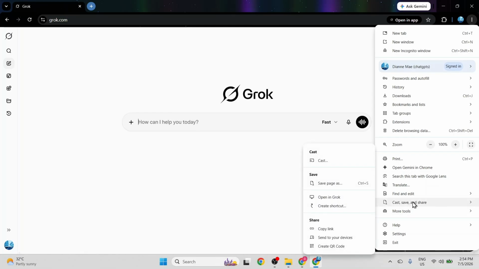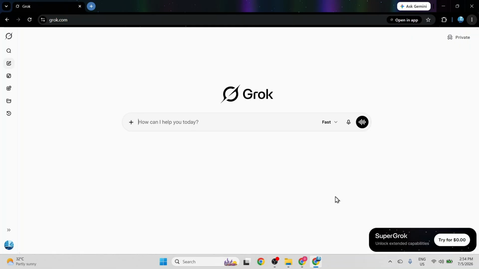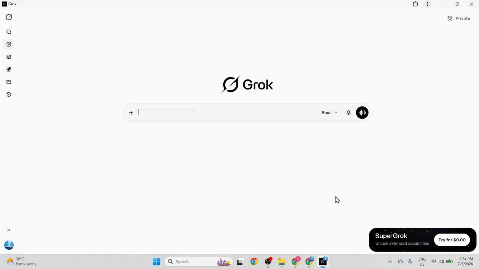From this drop-down list, I locate the option labeled Cast, Save, and Share and hover over it. This opens a secondary menu right beside it, where I find and click on the choice that says Open in Grok. As soon as I click that, a fresh, dedicated window launches, turning the web page into a native-feeling app